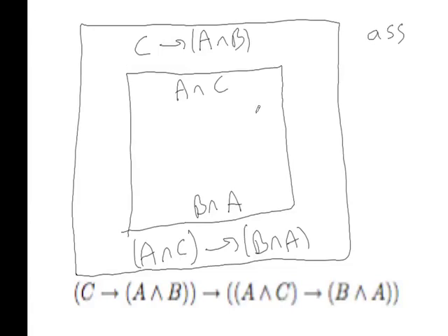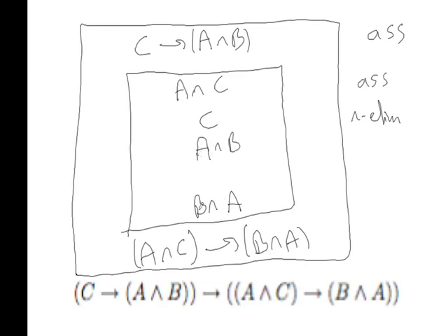Now the remaining part is pretty straightforward, but we need somehow to use this. The main difficulty in this problem is somehow to use the first line. So we have an AND here, so we can do an AND elimination and get C. This is an assumption, and from this line we can do an AND elimination and get our C. And now we can combine the C with this piece of information up here and get A and B.